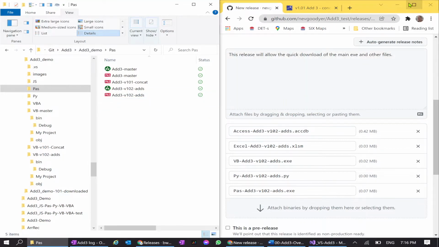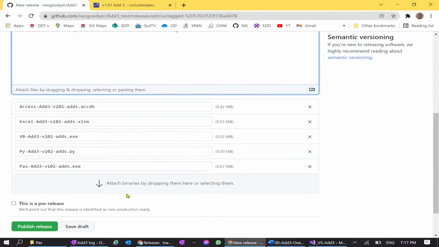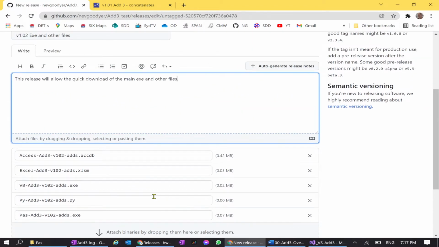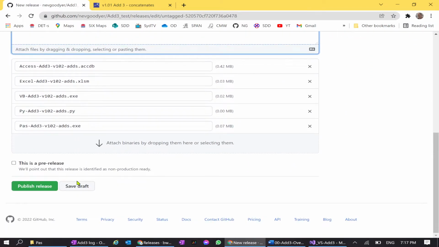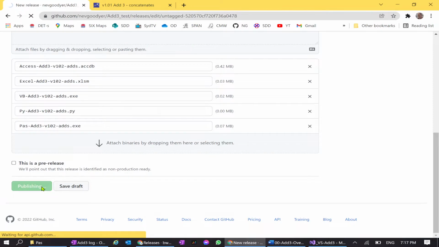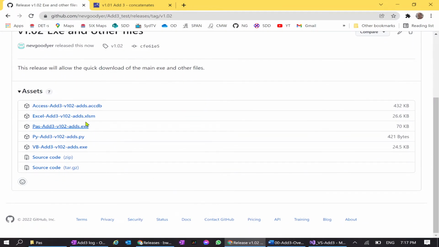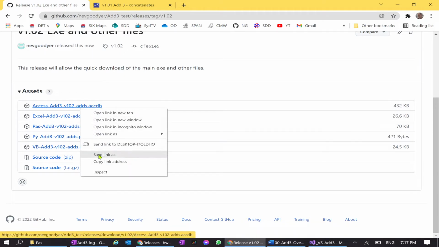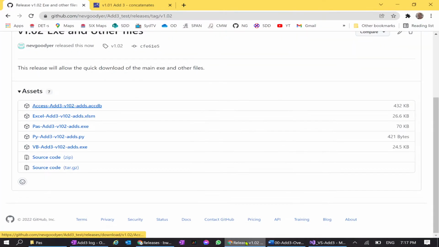And let's go have a look at this now. So these are all small, that's why they're not showing up there. This is all looking fine. So let's publish the release. There we are. Everything's here. And I can come back and I can right click on these to get a link address. Well, I'm not going to do that just yet, because let's go back and have a look at the